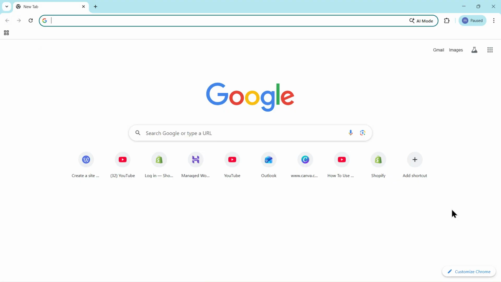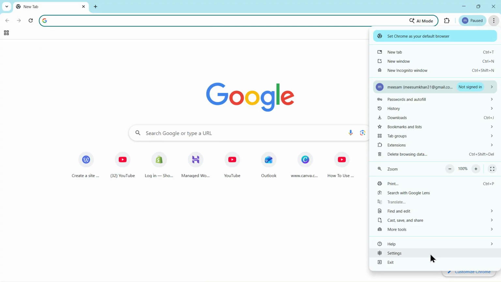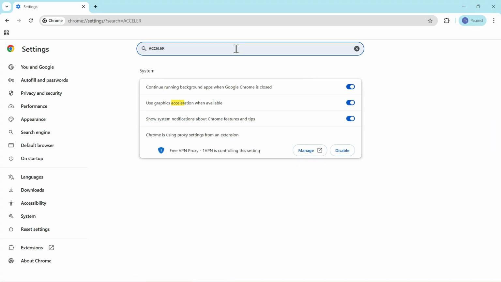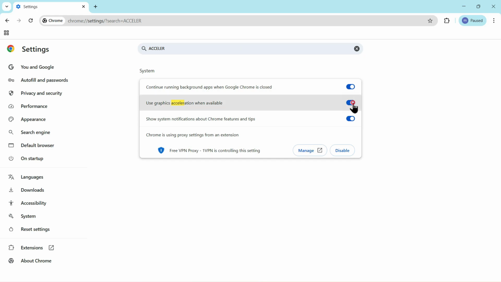Screen flickering can be really annoying when you're just trying to use your browser, so here are a few fixes you can try. Start by clicking the three dots at the top right of Chrome and opening the Settings menu. In the search bar, type Acceleration, then find the option labeled Use Graphics Acceleration when available and switch it off. After that, relaunch Chrome. Next, go to the address bar and type